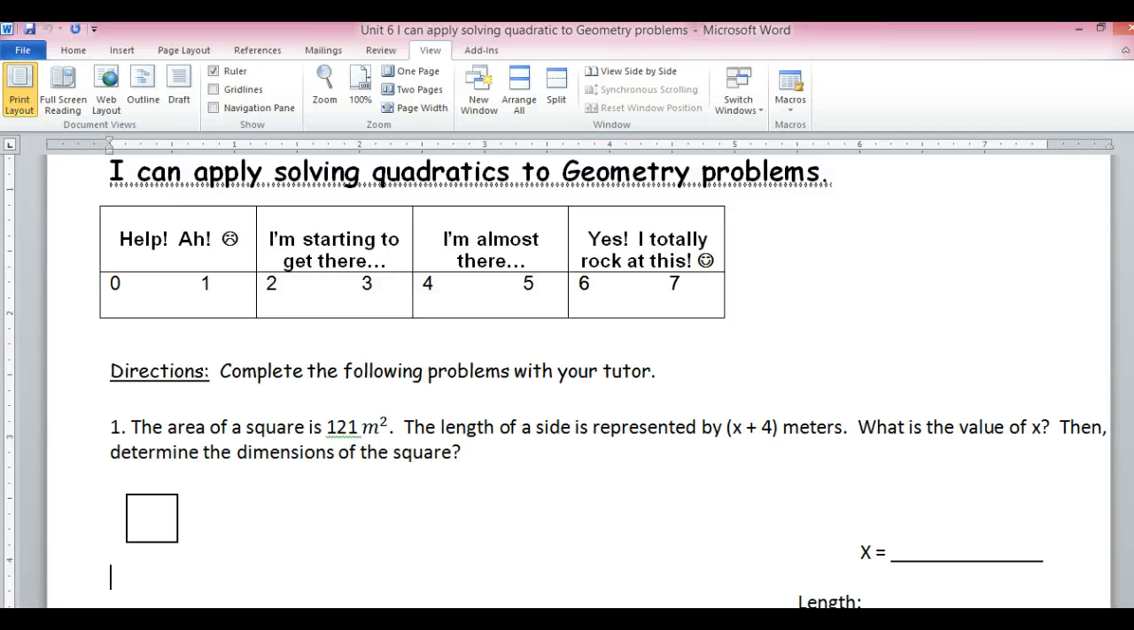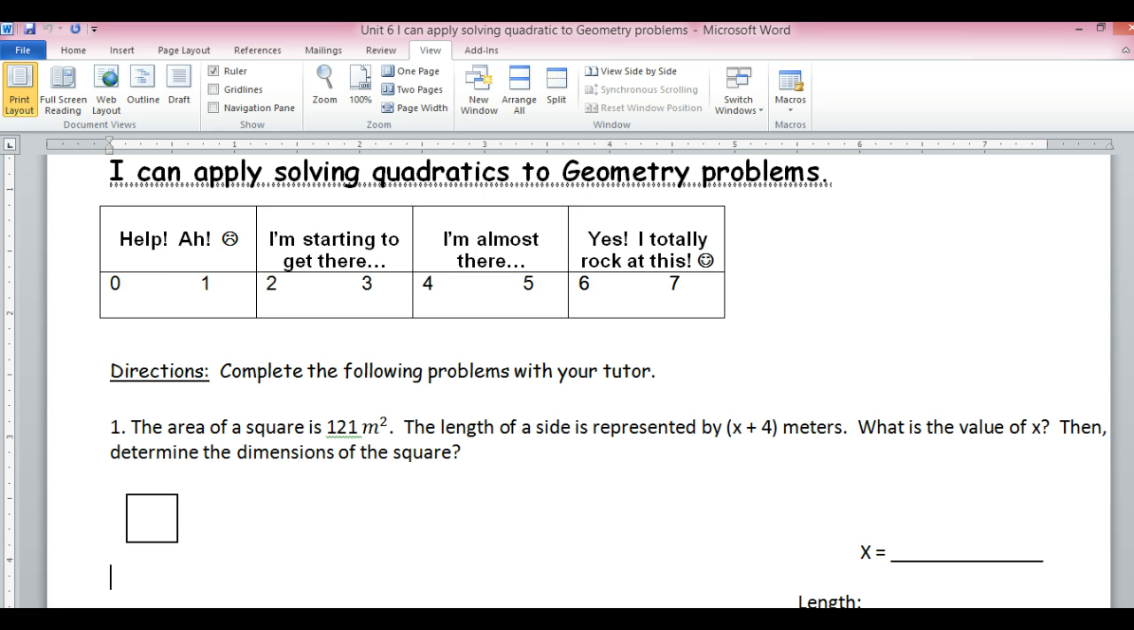Hello, Sandberg Algebra students. Today we apply solving quadratics to geometry problems. Everybody always asks, when are we really going to use this in life? Not necessarily saying you're going to use this in life, but it is an application of quadratic equations, and it